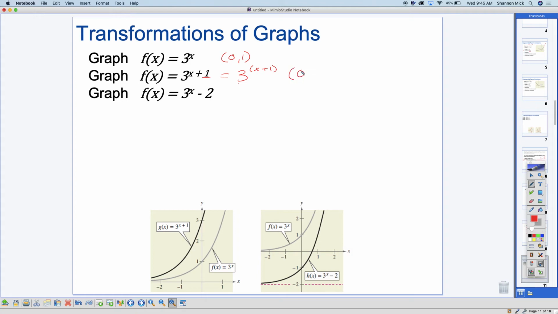So I'm going to have 0, 1 is going to go to what? 0 or -1. Negative 1, 1. My domain's not changing, right? My range, it didn't go up or down, did it? So it's not changing. So if I look down here, right here is my 3 to the x, right? And now this 0, 1 went to -1, 1. And then you have your,